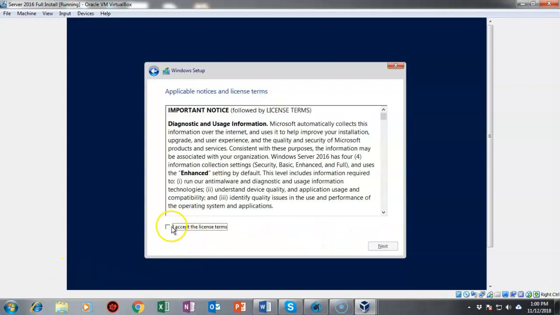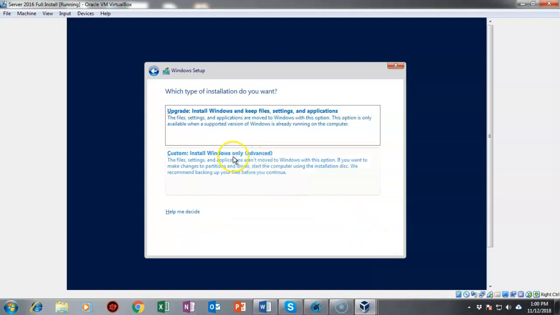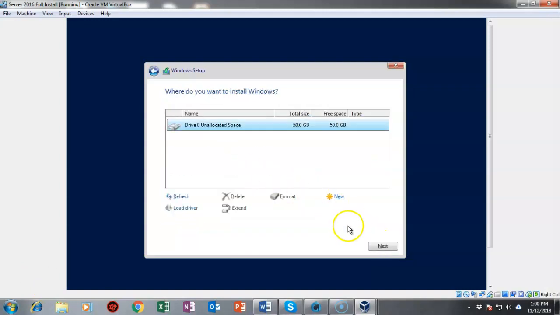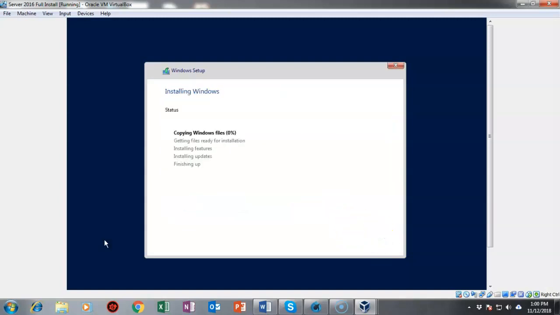Next. I'm now going to accept the license agreement and click Next. I'm going to go ahead and click on a custom install and not make any changes, and I'm going to click Next. This starts the actual installation of all the copying of files